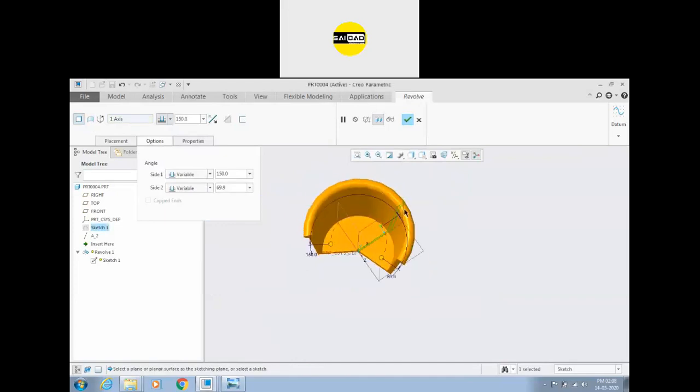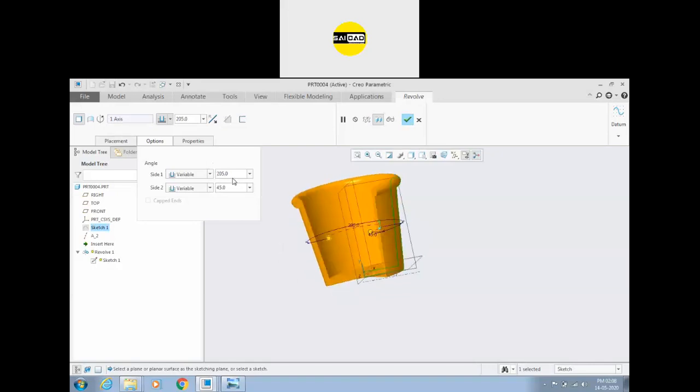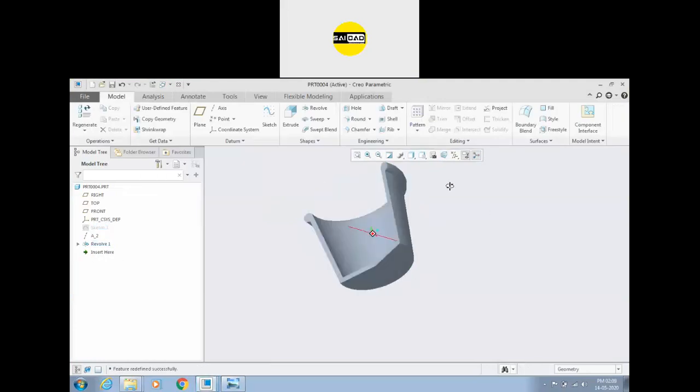You can revolve in the other direction also. So in the other direction, like I want a 45-degree angle, in the first direction I want a 135-degree angle, or you can change like this. Okay, so these are the options in the revolve. Whatever you need, just click here. You can also create a symmetrical, or you can also create with some other options. We cannot use the pattern in 2D. Okay, just create the object.